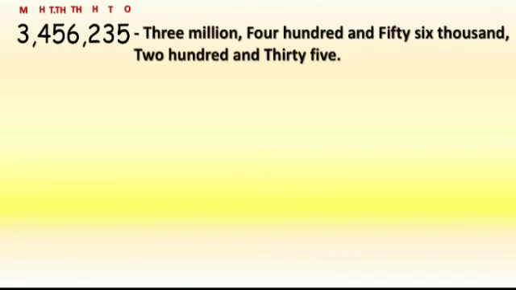Basically first we will enter the place value: ones, tens, 100, 1000, 10,000 and again 100. Please note that. And last, million. That is in case of international system of numeration. This number is read as following, that is 3,456,235. This is how we read in international system of numeration.